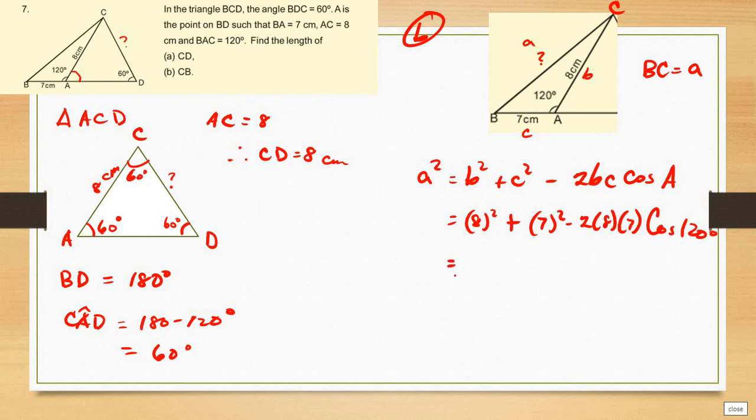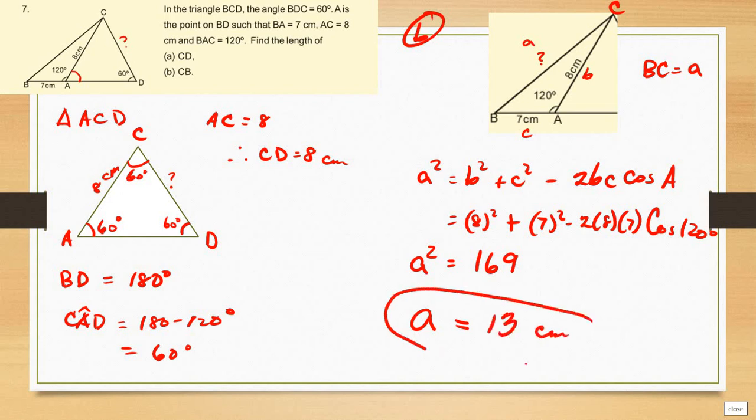Okay, solving this we have 169. What's the unit? 169 centimeters. However, this is again A squared. So getting the square root of both sides, then we have A is equal to 13 centimeters. So that is your answer for letter